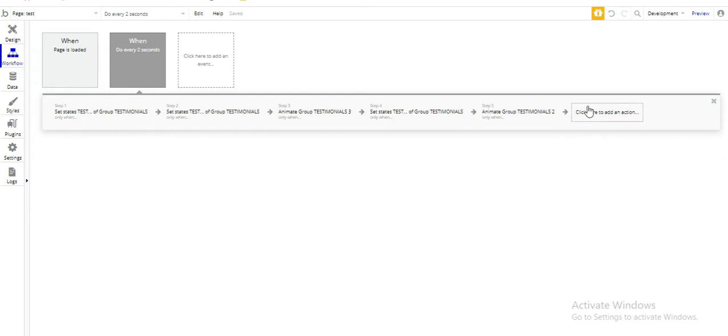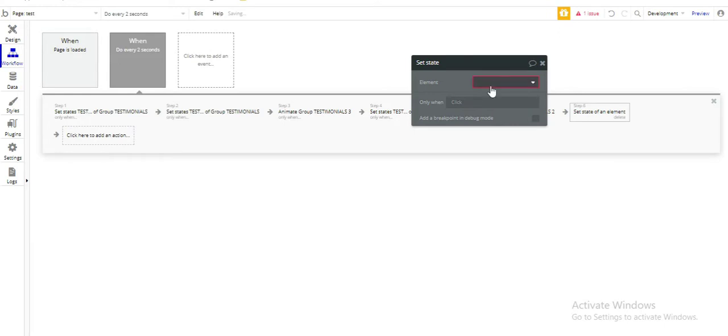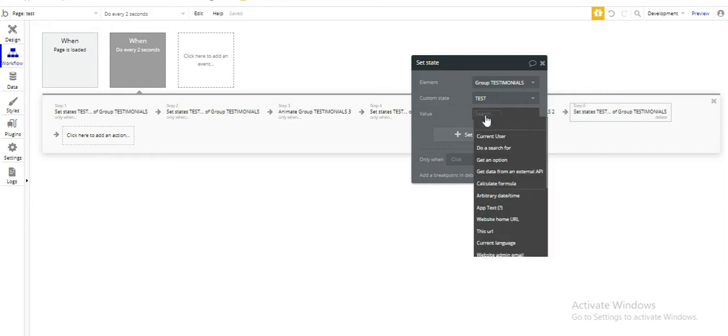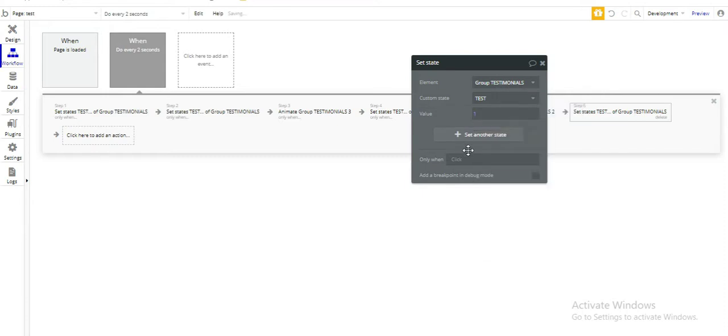Now the same thing we'll do with the last group. Value 1.